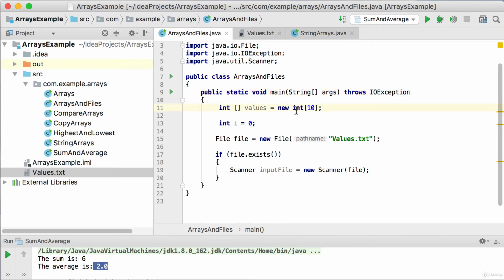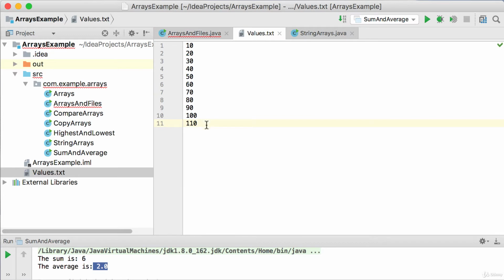There we've got our integer array. We start at position 0, which we'll do now in the loop. We make a connection to the file, or try to make a connection to the file. If the file exists, we pass that file to the scanner class so that we can start reading from it. Now the while loop. Let's get into the while loop quickly. You'll remember that there's a method called hasNext that will help me to read through every element in the file,